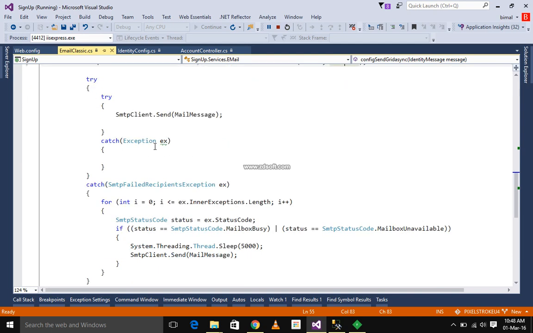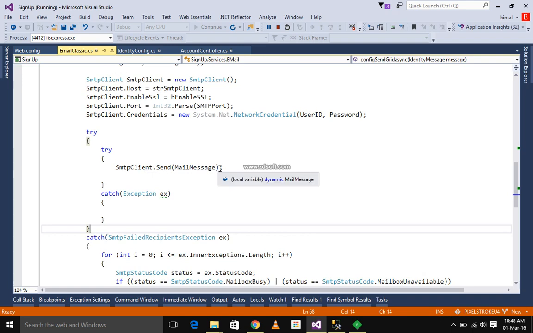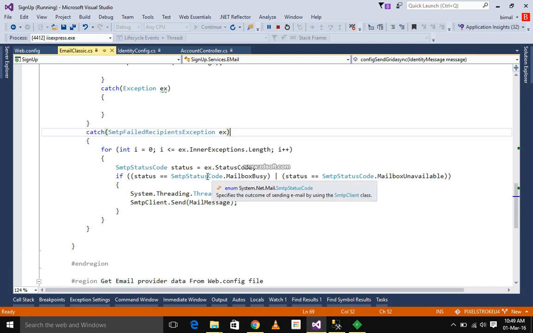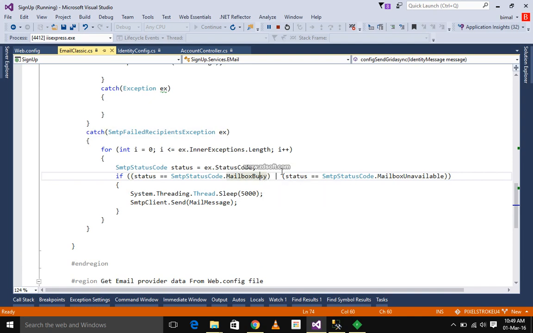Then I am trying to send the mail message with smtpClient.Send, and if I fail to send that message, I'm catching the exception. Which type of exception? SmtpFailedRecipientsException. If the exception is caught, and the SMTP status code equals mailbox busy, meaning the mail is unable to send for some reason, or if the status code is mailbox unavailable, then I'm going to